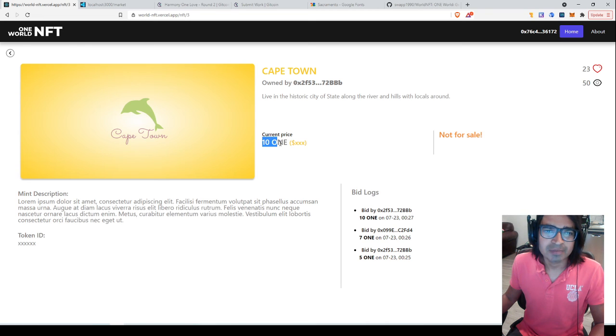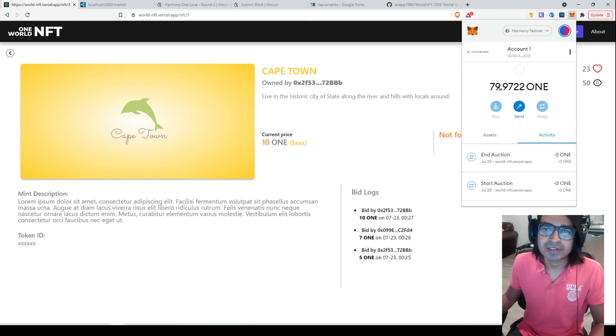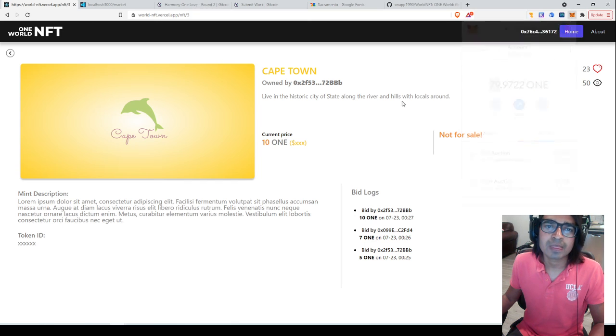Now the current price has been changed to 10 ONE. The owner has been changed here. The owner hasn't put it for auction yet, and you can see I got 79 new ONE tokens for it.